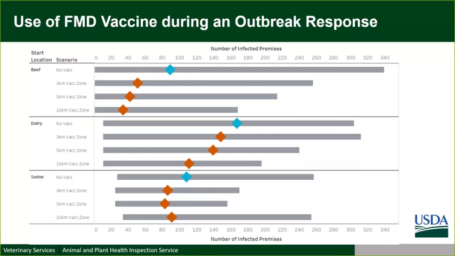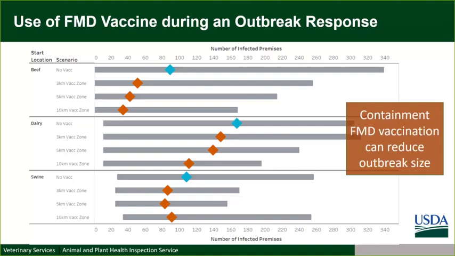But a lot of your spread, too, occurs within a swine company and potentially indirectly between multiple swine companies. So some of the spatial spread that we see is a little bit less around swine compared to beef and dairy, but we still have a lot of potential disease spread within a swine company. But mainly, the big picture here and the key point is that containment vaccination in close proximity can reduce the outbreak size. So when in doubt, or if you have limited vaccine or limited doses available, a key point is that there's benefit of starting close to a detected farm and then moving outward.